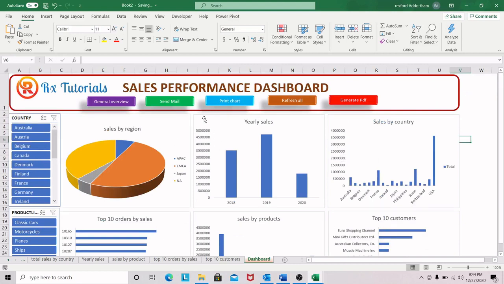So in the next part of the video, we are going to insert our codes, because as of now, when we click on the button, nothing happens. So we are going to insert our code for the various buttons for it to